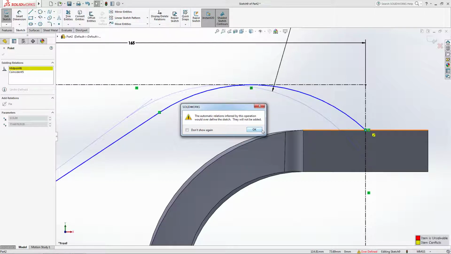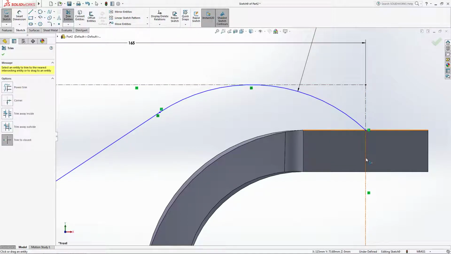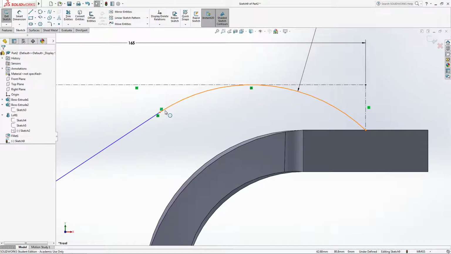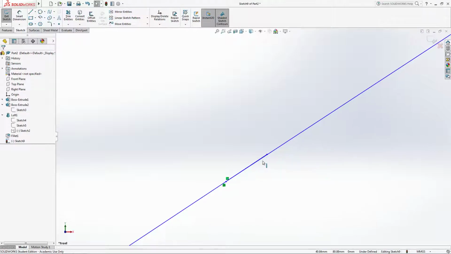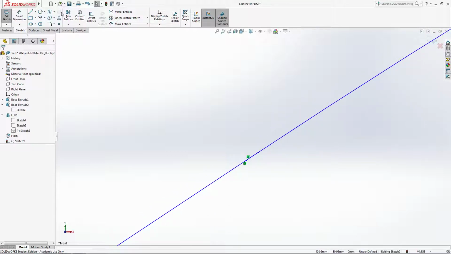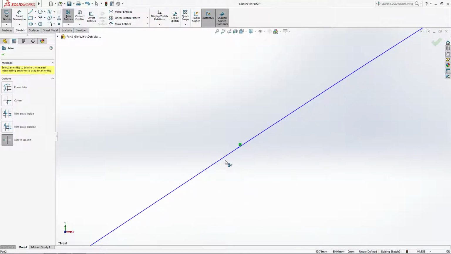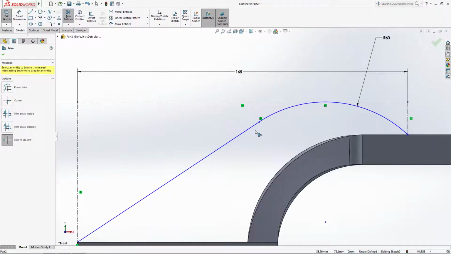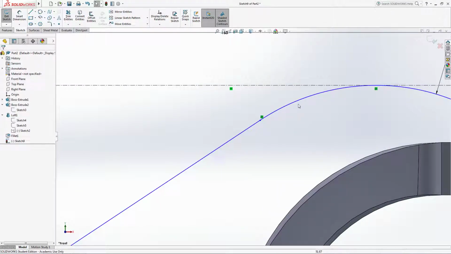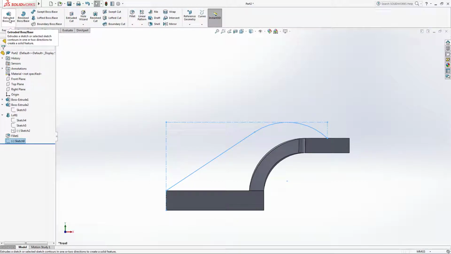Basically, it's removing some of the relations just to make things easier on itself. So it's in an intersection. Now, I'm going to trim off the edge of this guy. Not necessary, but I just like to. And now if I zoom in really, really close here, I have some extra line here, which I will trim off, like so. Now these match up nicely. Again, that is partly necessary for a good clean sketch, but it probably would do just fine without it. So now if I exit the sketch and I go into features and extruded boss and base,